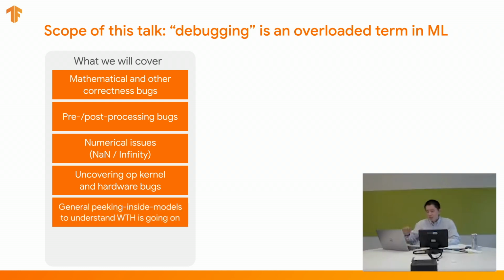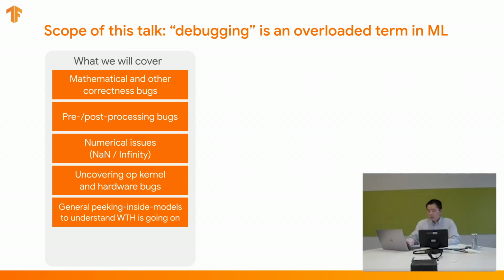And the tools and techniques we'll cover will also be useful in cases where you want to just peek into a model to understand what's going on. One example would be answering a question like, why is my model making a wrong prediction on a certain input example? So you will be able to peek into the model and look at the layer activations and intermediate tensors